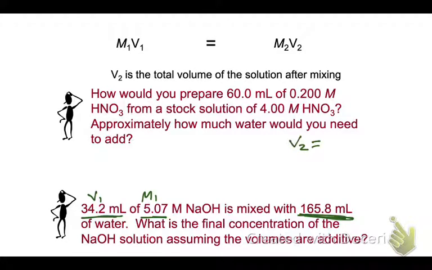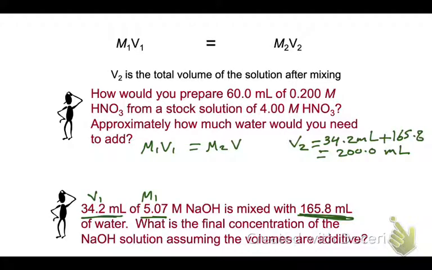However, I can calculate V2. V2 will be 34.2 milliliter plus the amount of water added, which is 165.8. If you add this together, you're going to have 200.0 milliliter. So now I can calculate the final concentration, which will be the diluted concentration M2. So what we say is M1 V1 equals M2 V2. I am solving for M2, which is M1 V1 over V2,